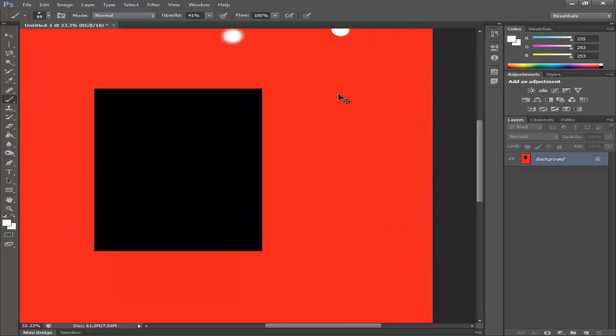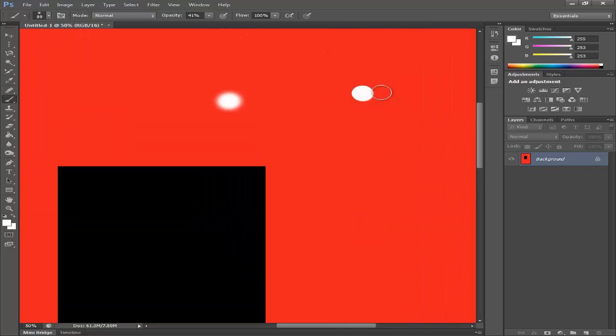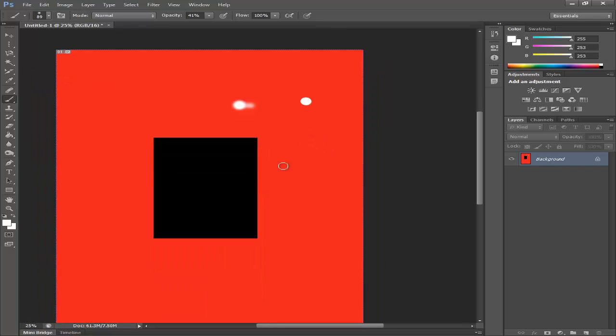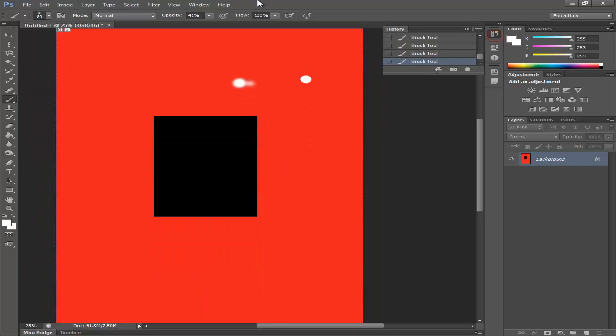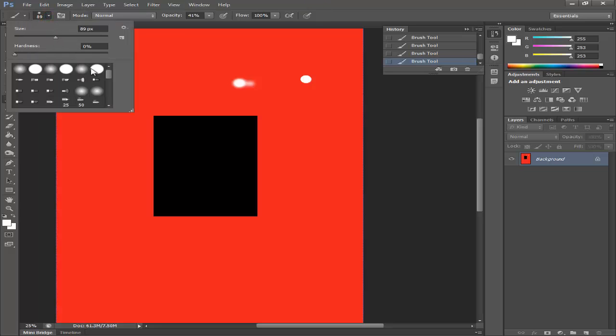Let me just zoom in for you. You see sharp edges, but you see a smoother edge. It's a very smooth edge, so that is pretty self-explanatory. The harder the brush is, the less time it takes to color something in, but it will leave sharper marks on the image. If you lower the hardness, it will take more time to actually gain the color, but